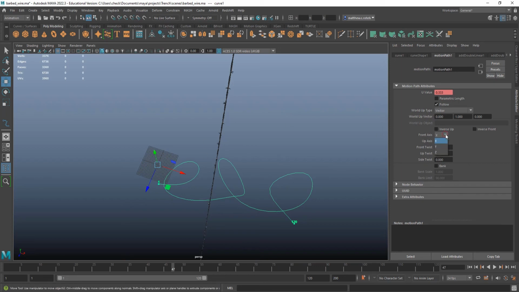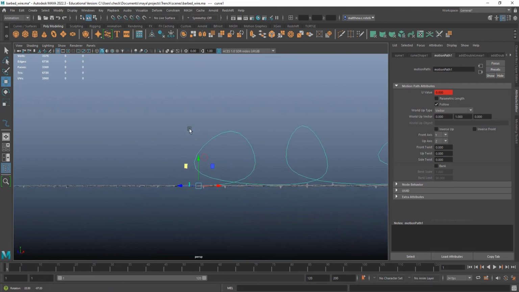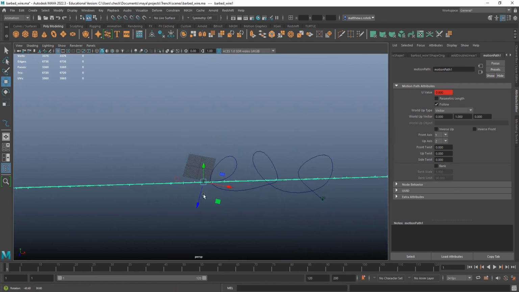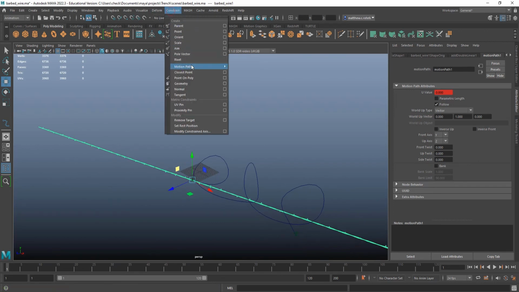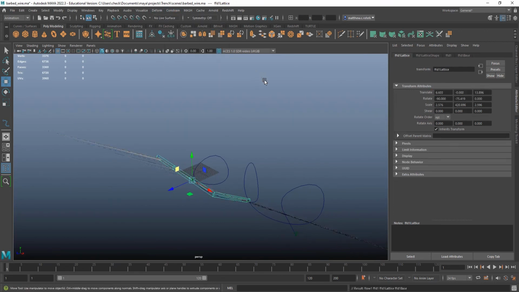Basically, I want it oriented upwards. So that means I want my front axis, which is where it will aim, to be Y. I can make my up axis Z or X, but my front axis should be Y. And now it will aim itself along the path, which is exactly what I want. And now I can finally select the object, go to constrain, make it a flow path object, and